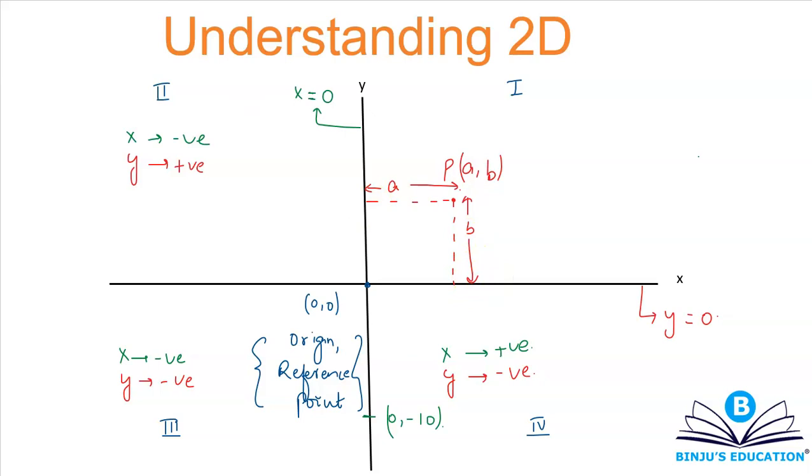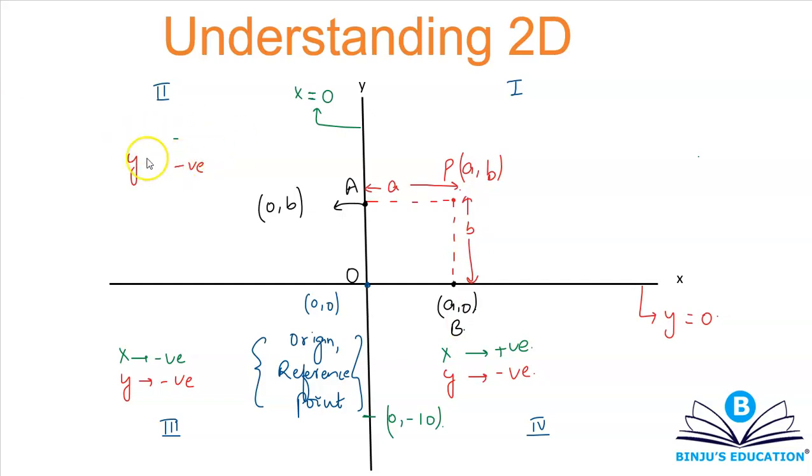So you can also say that this point here will be 0 comma b and this point here will be a comma 0. So you can name this also O, A and B. OB is A units long, AP is also A units long, OA is B units long, PB is also B units long. Okay, this is what you need to understand regarding the coordinates. Alright.